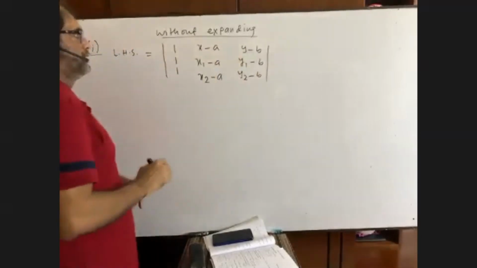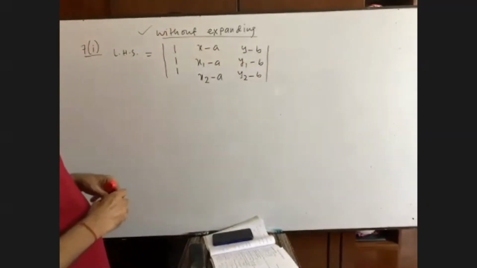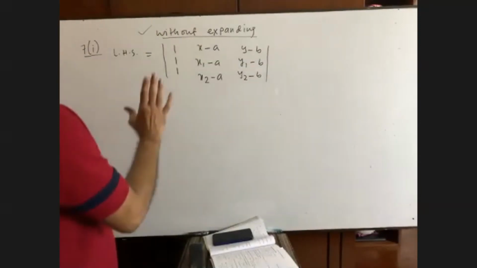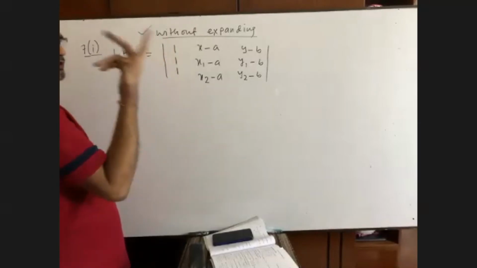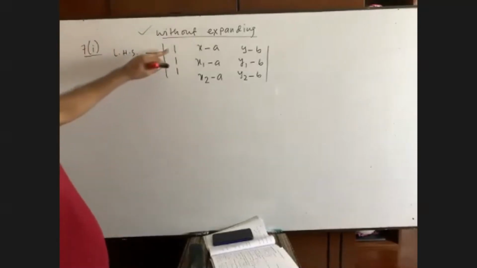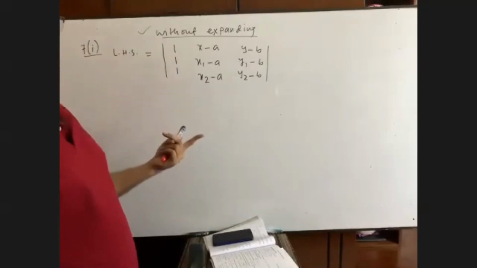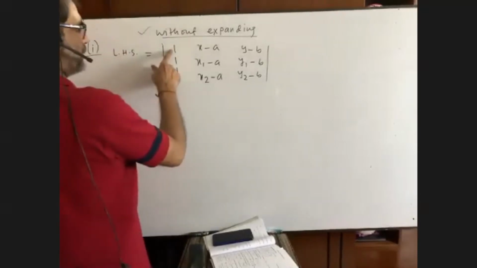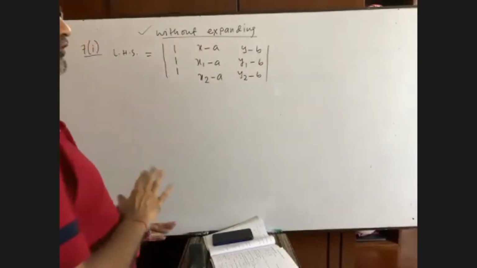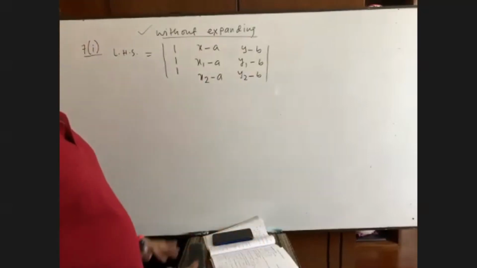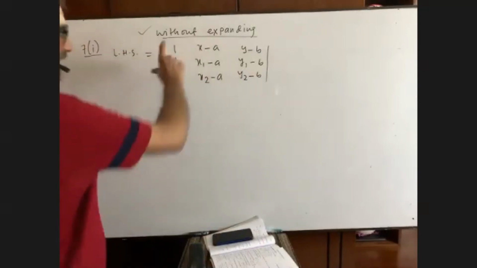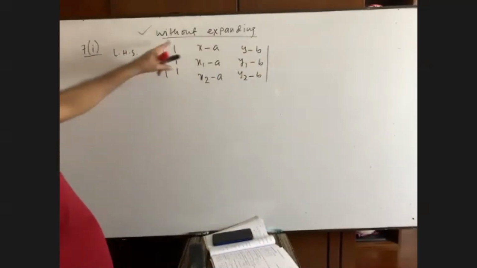You see, if it is written without expanding, then you cannot do the math as usual. If you go to do the math as usual, then yes, we are lucky. 1 minus 1, 0, 1 minus 1, 0. Our math is done. But in this math, you cannot do 1 minus 1, 0, 1 minus 1, 0, which means expanding. That means it is the same meaning. 1 into this part, this into this, the same meaning. But we cannot follow any of the rules. Neither can we subtract nor can we expand. It is told without expanding.